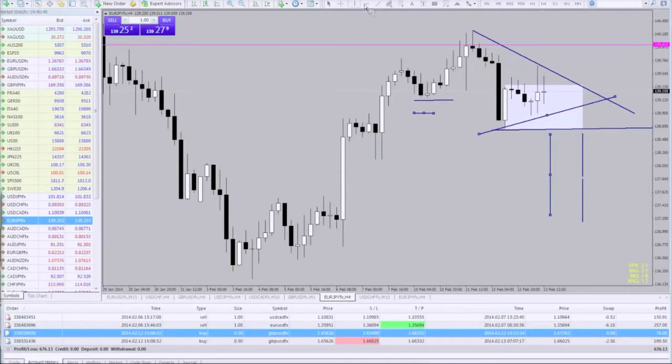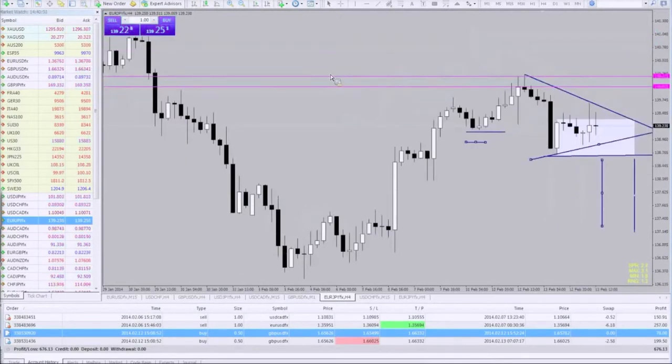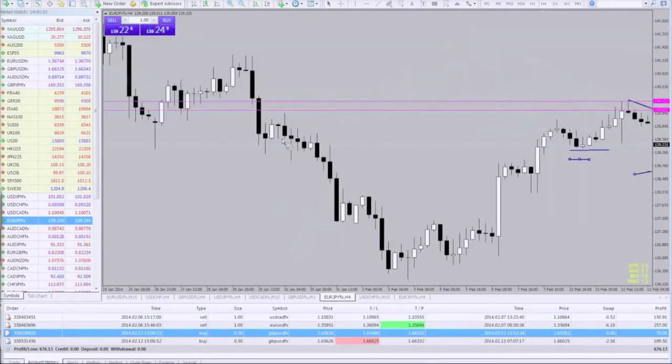All right? Now that I have that dominant close, now I can mark the high. And then I can go back in the past and see, is there something in the past? What happened the last time we were in this area? So I'm going to scroll back a little bit. And you can see here, the last time we were in this area, here we broke through it, and then price came back, pulled back, and the last time we were in this area right here, we had a dramatic